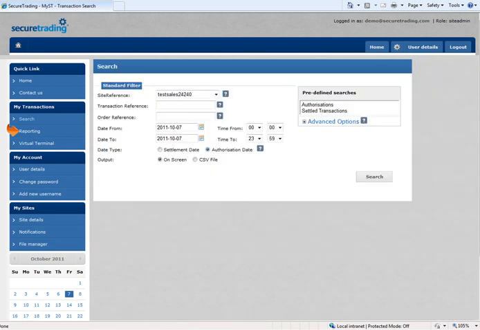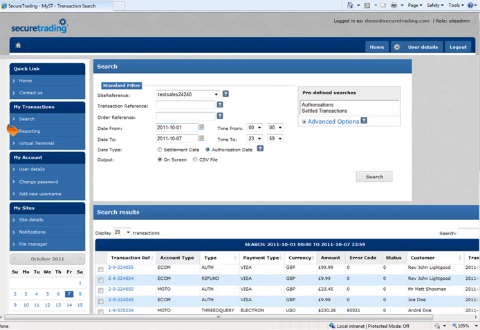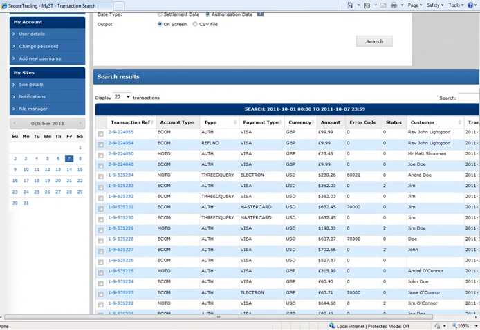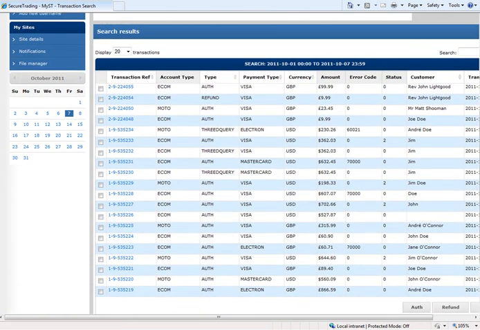So let's perform a search and have a look at what we've got. The search is a database search, and the transactions will be returned on screen. As you will see, the transactions are listed in their entirety. Each of these columns can be reordered,